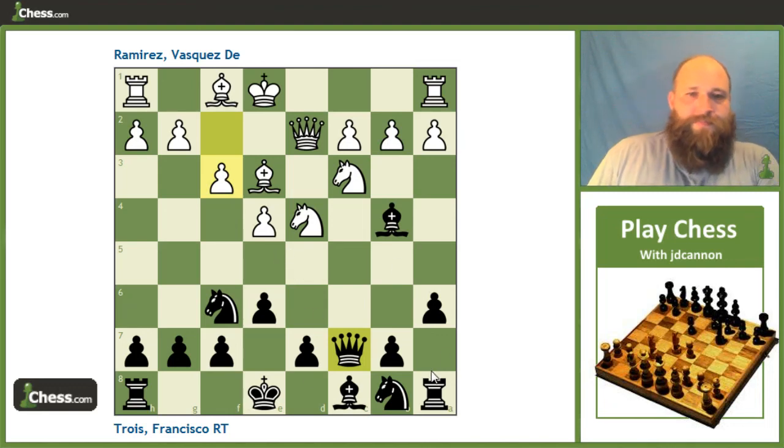So anyway, I hope that you guys found this game instructive. I really enjoyed it. It was nice to see a lot of the traps and tricks involved with this bishop b4 line against the English attack. I hope that you guys enjoyed it, and I'll be back later with some more examples of black playing d5